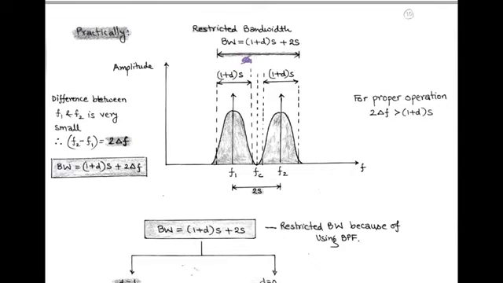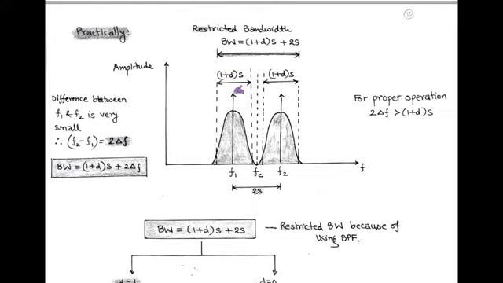So after modulation and filtration using a bandpass filter centered at the carrier frequency, only the two main lobes corresponding to frequencies f1 and f2 are allowed to pass, while the side lobes are filtered out, and accordingly the restricted bandwidth of the main lobes is given in terms of the filter factor, that is small d, and the restricted bandwidth of a main lobe is given by (1 plus d) into S, where the value of d lies between 0 and 1.